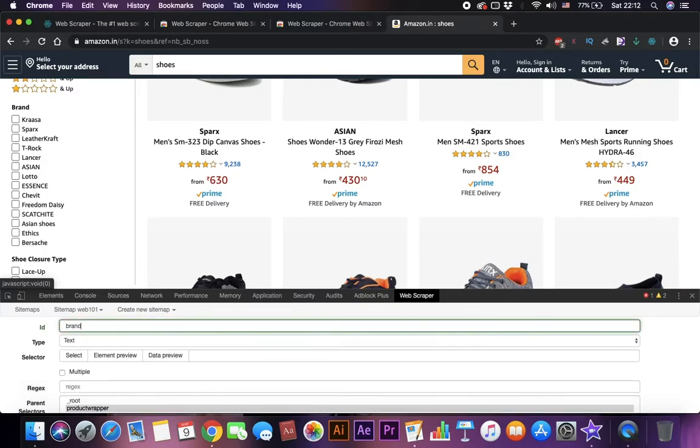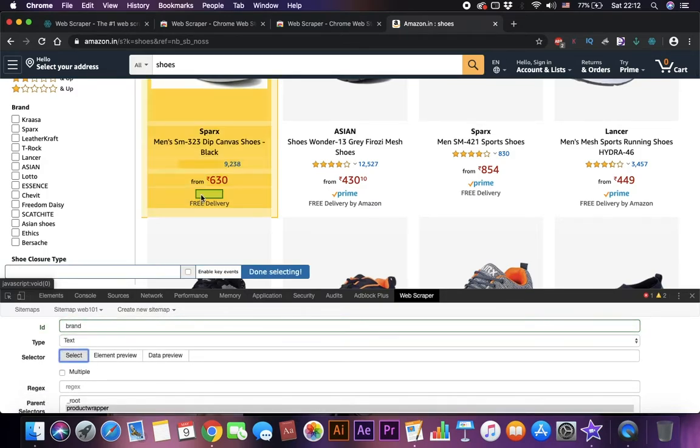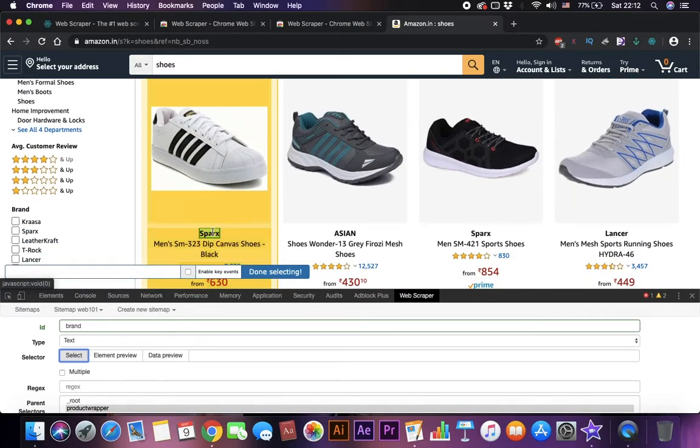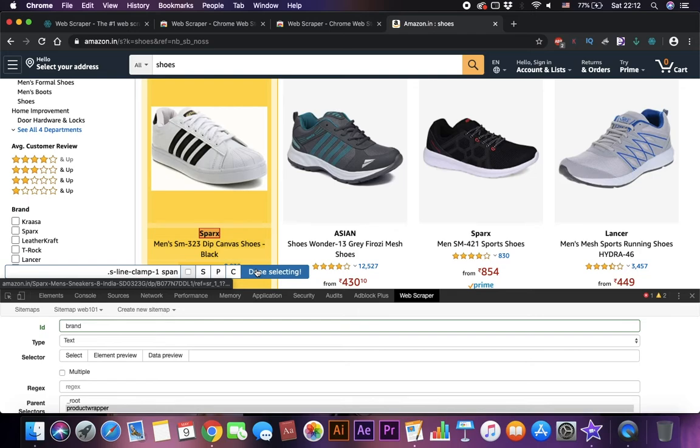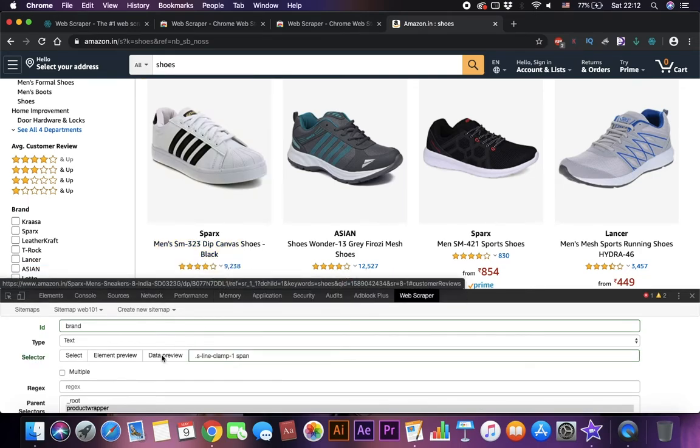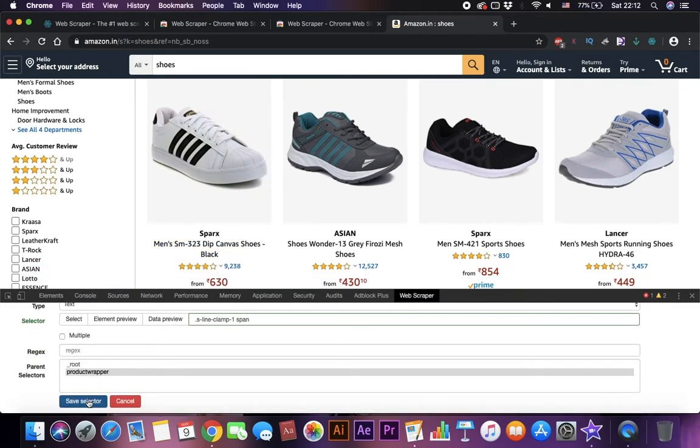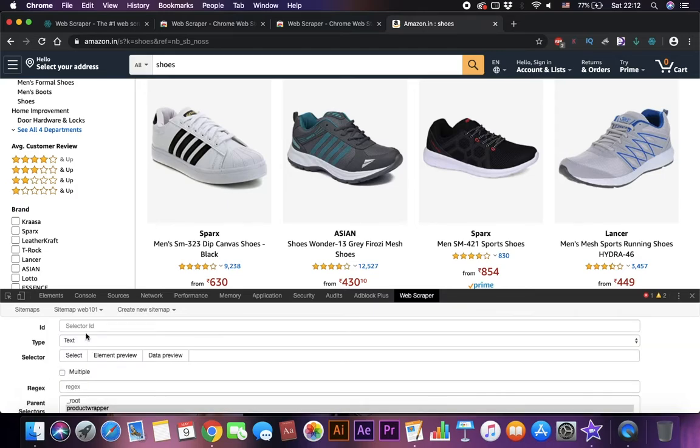We create a new text selector for capturing the brand name. Similarly, we create other text selectors for capturing the remaining attributes.